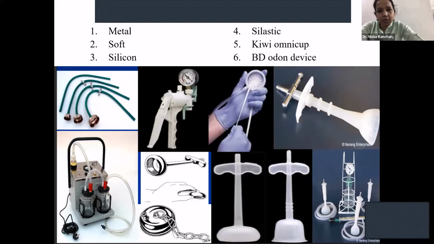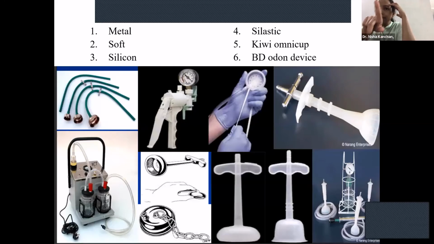Okay, so that is a suction machine. There is a suction machine with blood bottles, which creates suction, and there is suction tubing. At the other end of the tubing, you connect it to the vacuum device. There were modifications of the Malmstrom cup; this is called a Bird's cup, for occipital posterior position. There are different types of silastic cups, silicone cups, soft cups. So basically, vacuums are divided into rigid cups and soft cups.